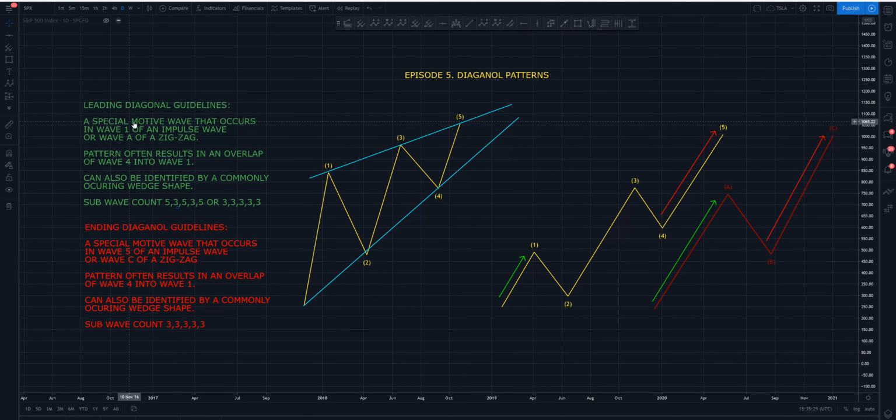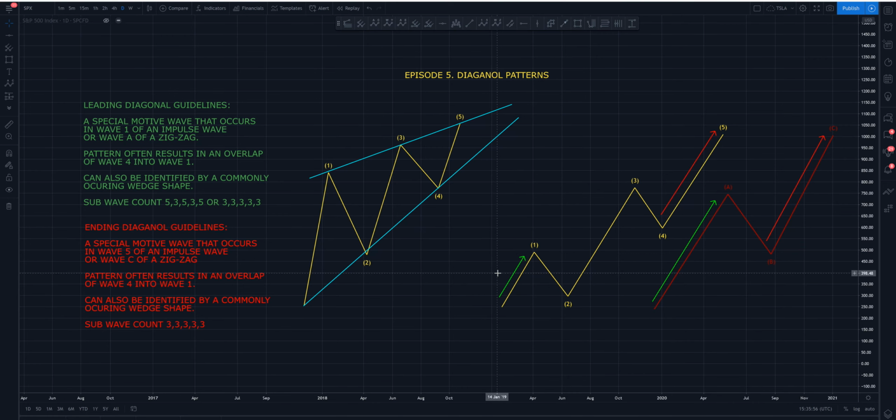A special motive wave that occurs in wave 1 of an impulse wave or wave A of a zigzag. Now if you watched episode 1 and episode 2 of an Introduction to Elliott Wave Theory on my YouTube channel, you will be familiar with the 5-wave impulse wave structure and the 3-wave corrective structure of the zigzag. The green arrows next to the wave 1 and the A wave show you where the leading diagonal pattern can